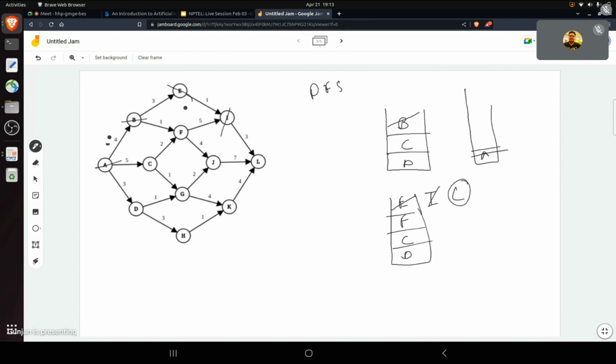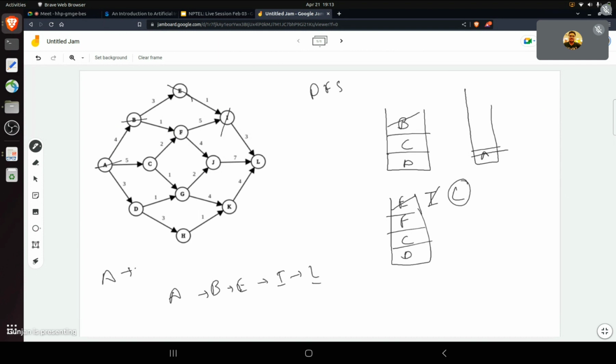But what is the order of traversal? The order of traversal would be A, then A to B, B to E, E to I, and finally I to L. Okay. That is the order of traversal. Whereas